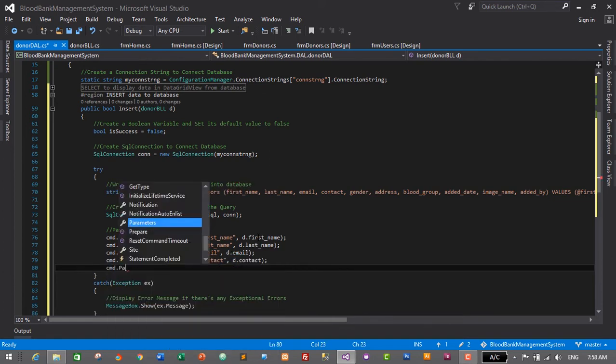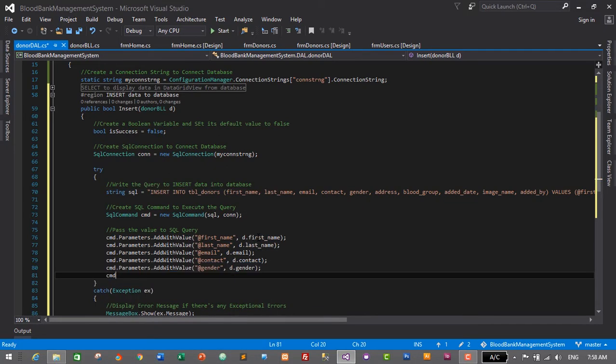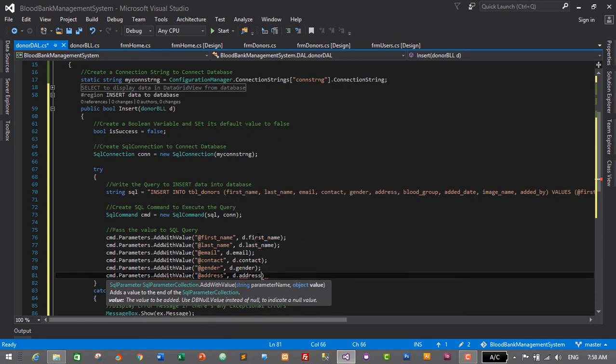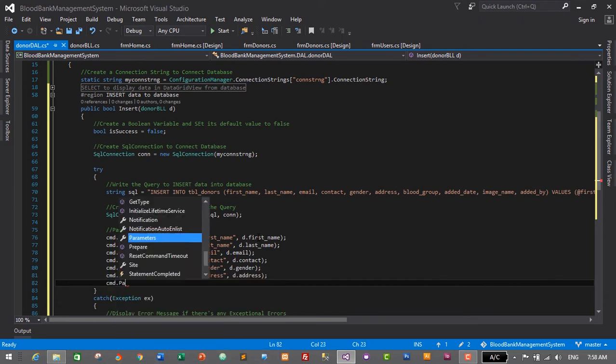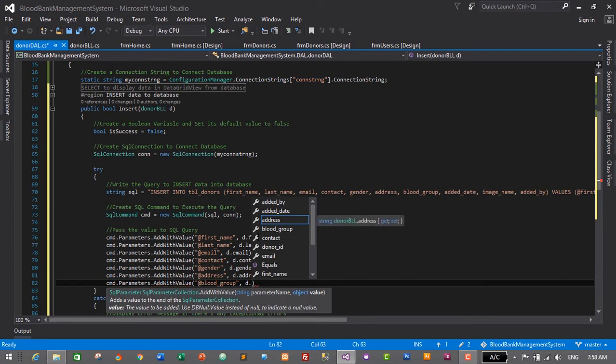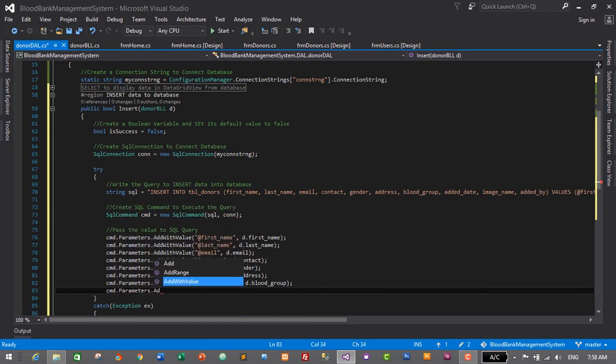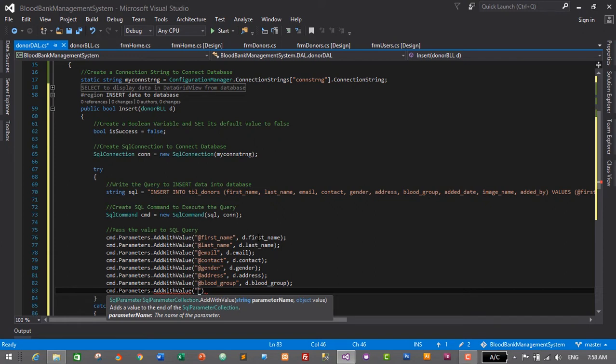and then cmd.Parameters.AddWithValue here we'll pass @gender, d.gender, and then cmd.Parameters.AddWithValue here @address, it will be d.address, and another one is cmd.Parameters.AddWithValue @blood_group, it will be d.blood_group,